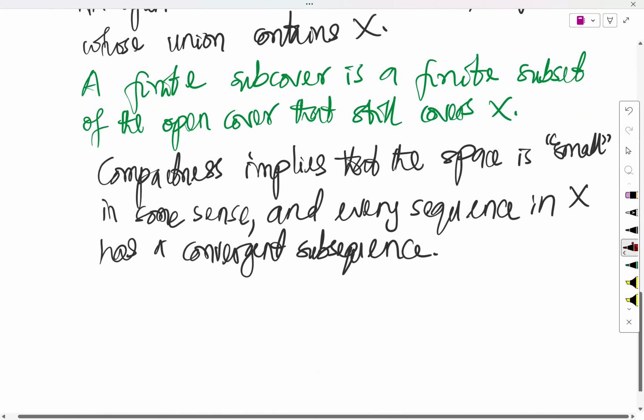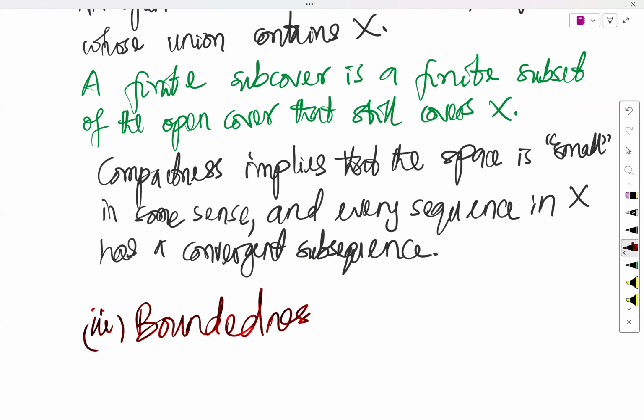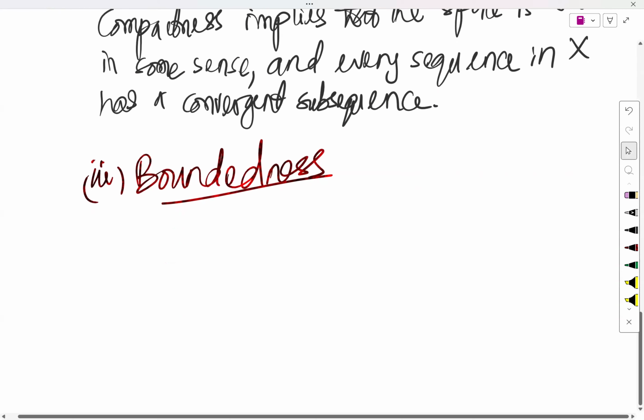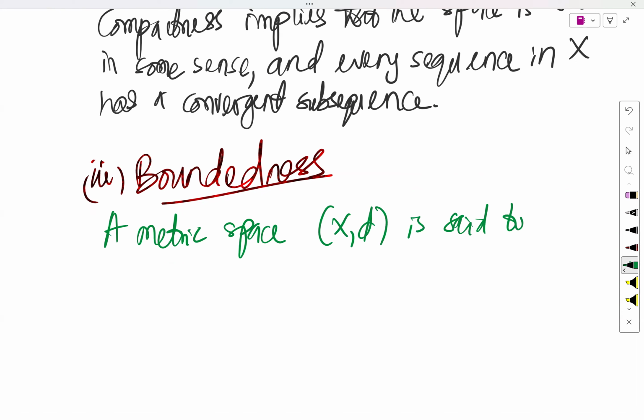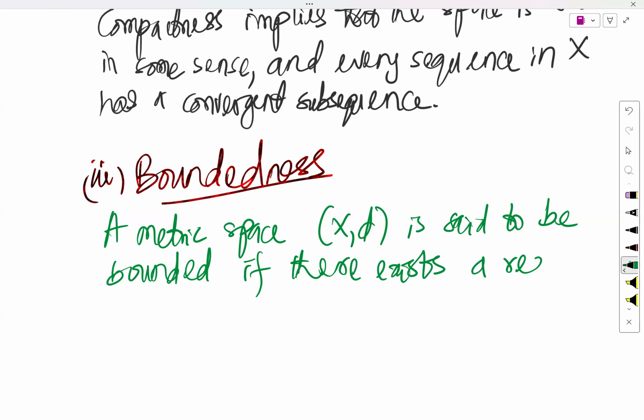So, a metric space X, comma d is said to be bounded if there exists a real number m, such that